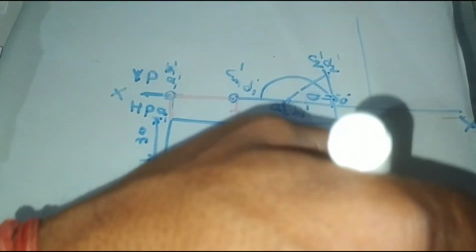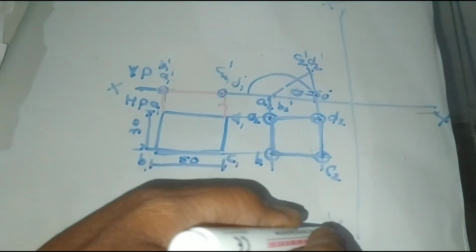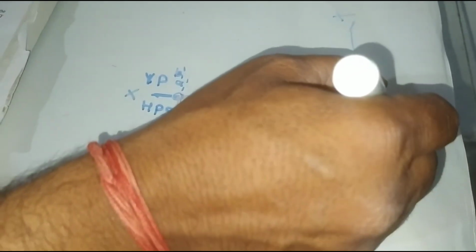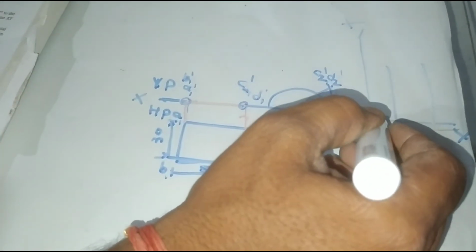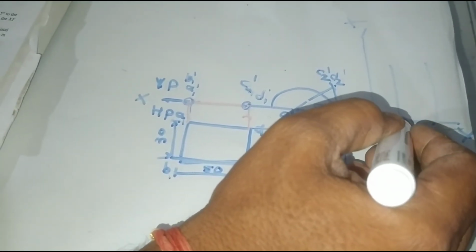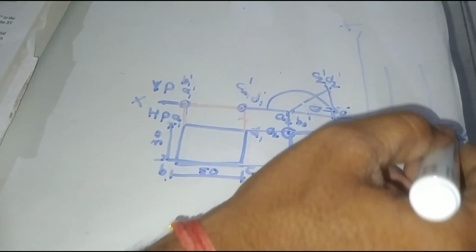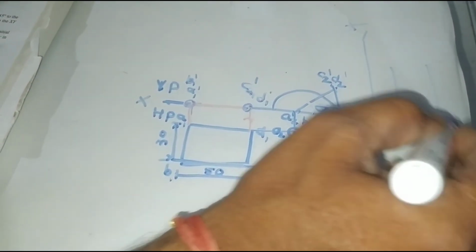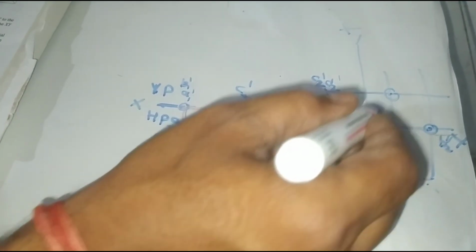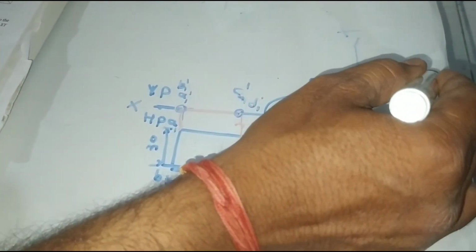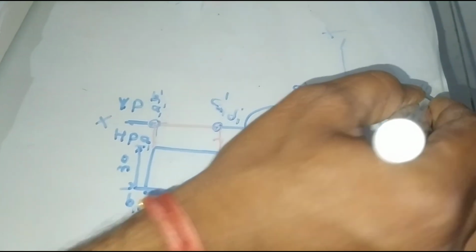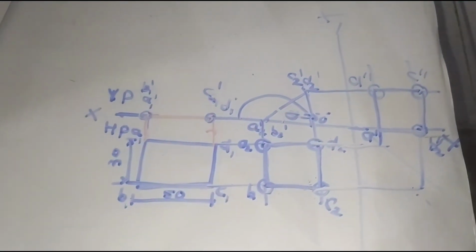Now the X1 Y1 line, the side view. Just draw the projection lines here at 45 degrees. Project it here. This will be your point A double dash, and this will be your point B double dash. This is the line CD. This will be your point D double dash, and this will be your point C double dash. I will darken this. This is your side view. Okay. Thank you.